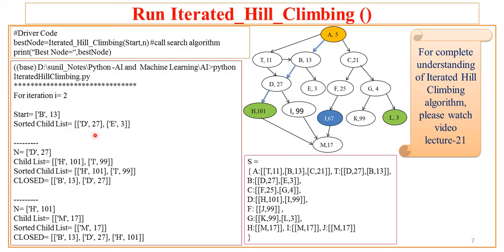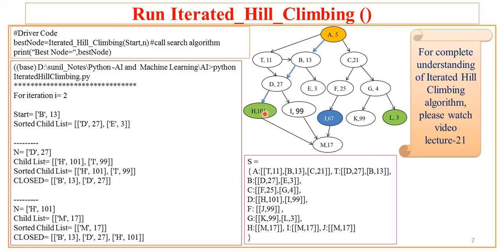Now once B is visited, D will be the current node and H will be the new node. The same thing happens as in the earlier iteration. So here D is the current node, and H will be the new node. In the next iteration, it will take H as the current node and M as the new node, and it will compare. But at this point of time, the algorithm terminates because it has traced the path from B to D and D to H.